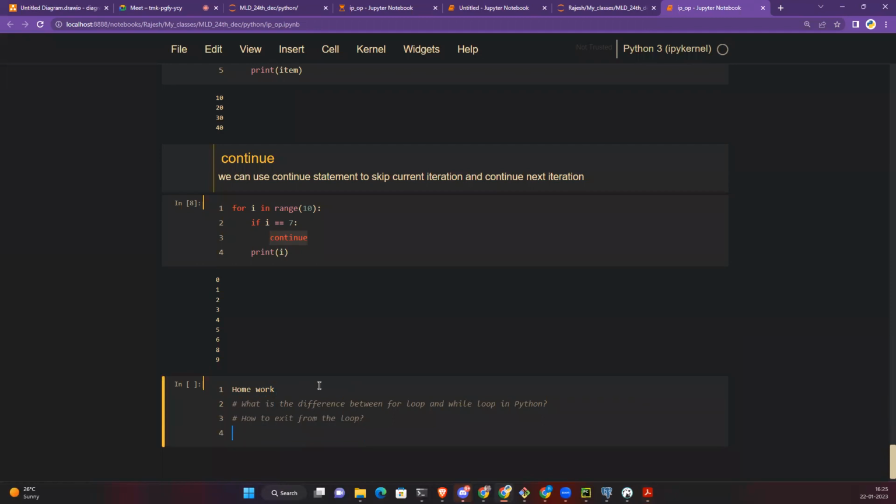And the third question will be how to skip some iteration inside the loop. Okay. Now, third,